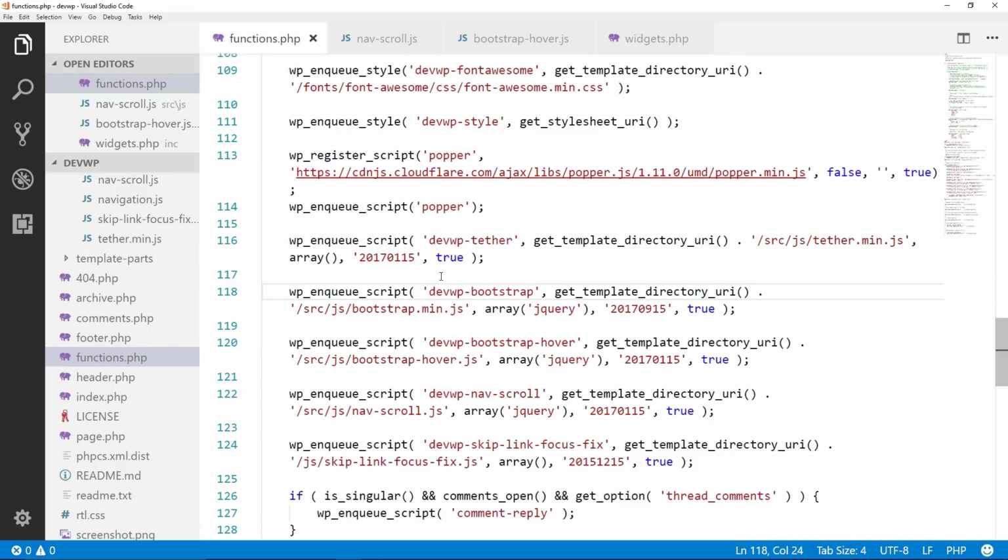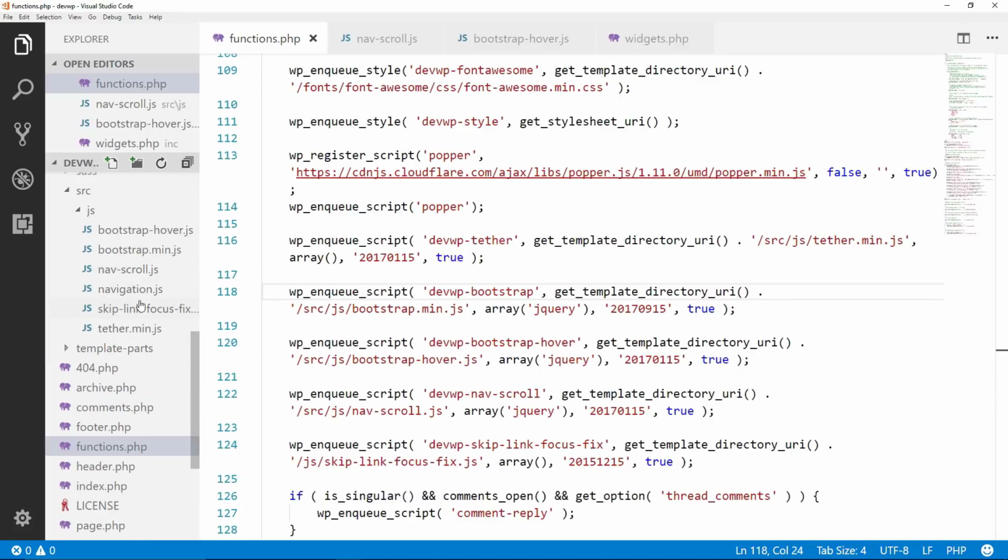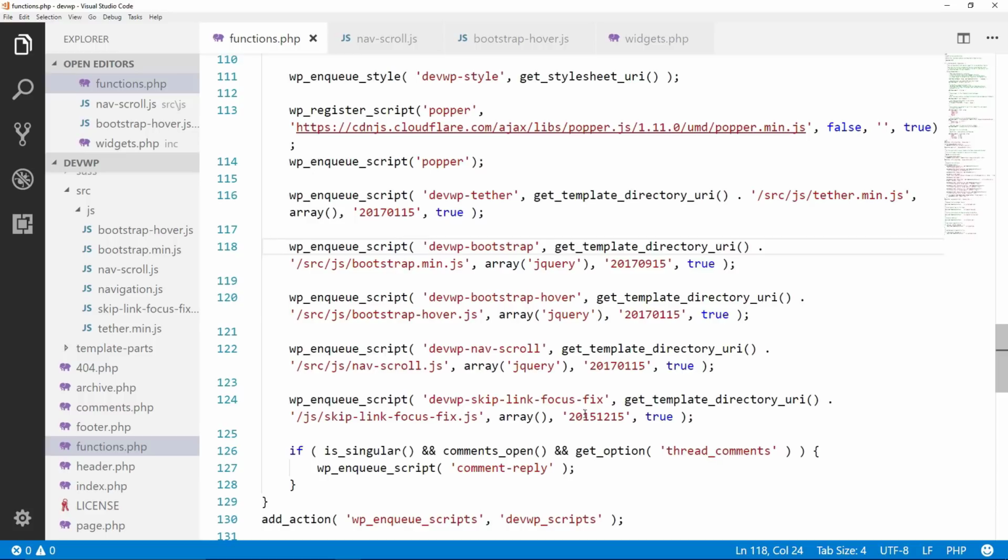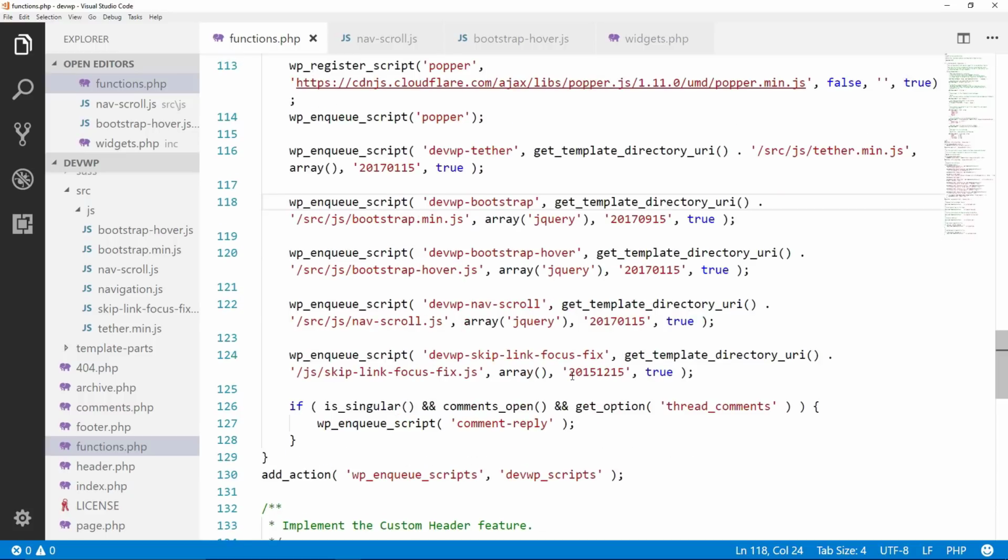Alright, so let's go through this real quick. Want to make sure we have everything correct. We're enqueuing our scripts, we're giving them the handles, we're getting them from the correct folder, bootstrap-hover.js, bootstrap-min.js, nav-scroll.js. We have our skip link focus over here. This is for accessibility. And then this one over here is for tether. So we're going into the source.js and getting